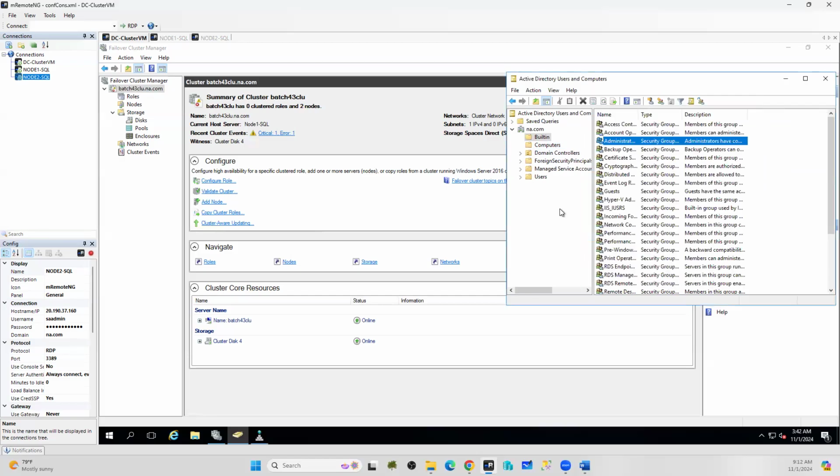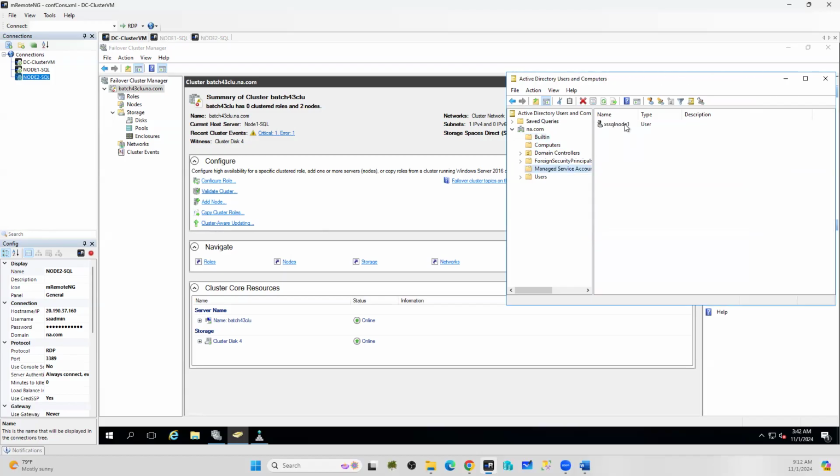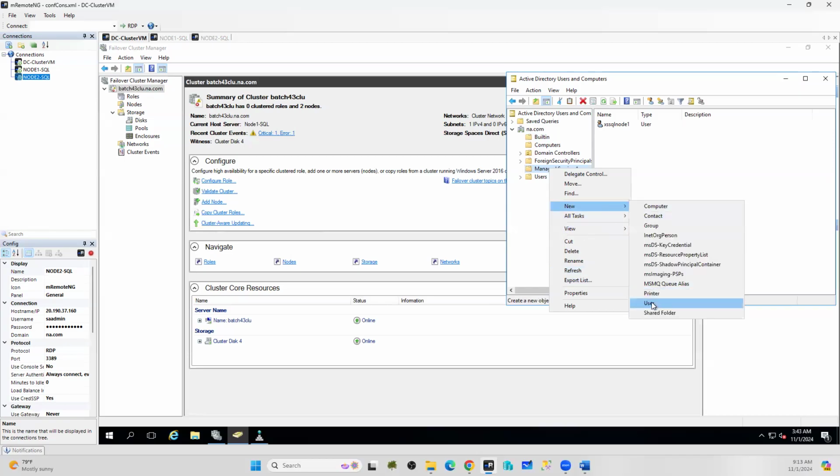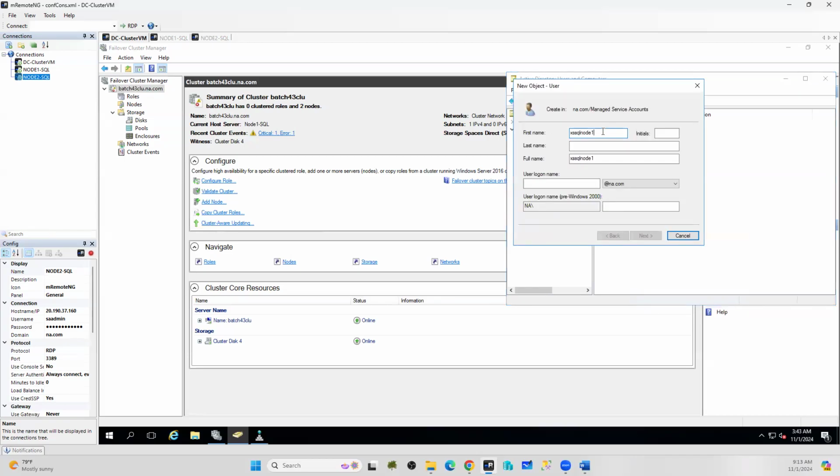I need to install one more instance, right? So can I create one more service account? See, sir, one service account is created. I'm creating one more service account. You will get to know what a managed service account is, all this stuff. Go to New, click User. I'm creating one more service account called Node 2. I don't want to come back here again when I'm installing one more instance,